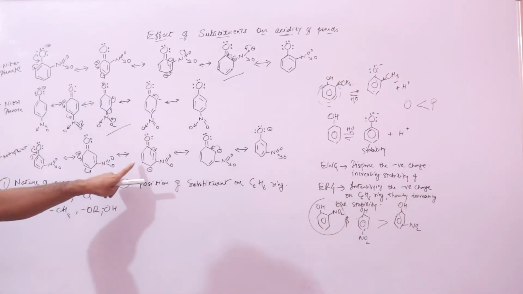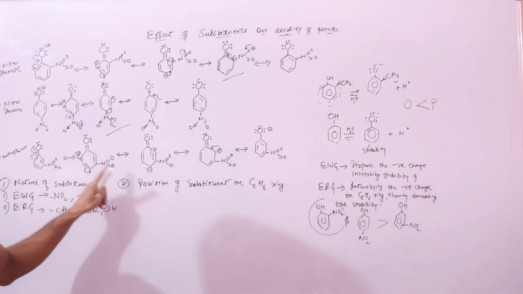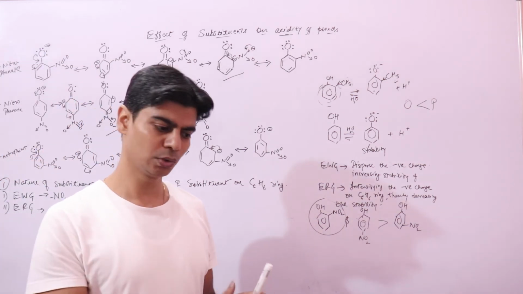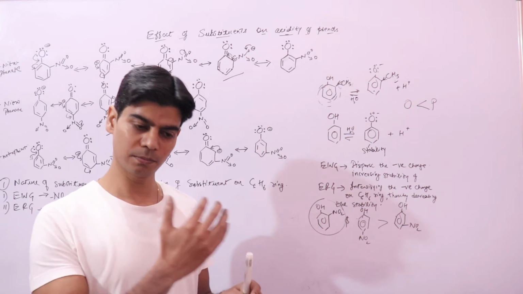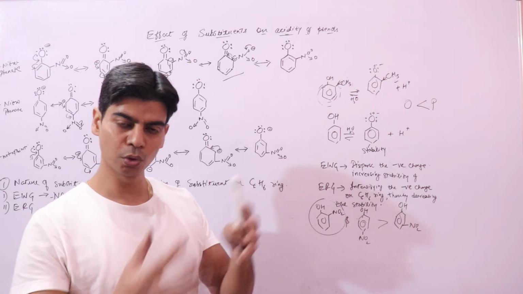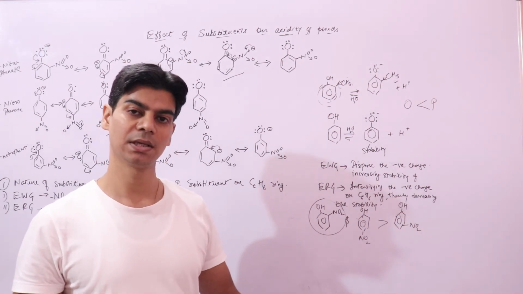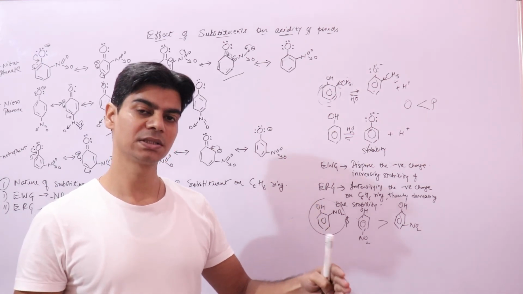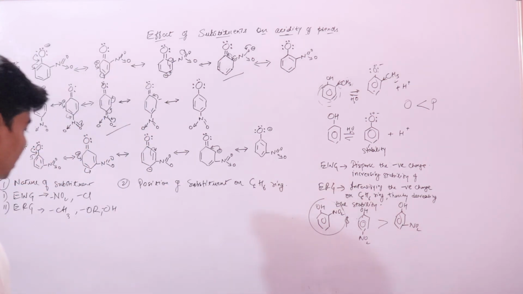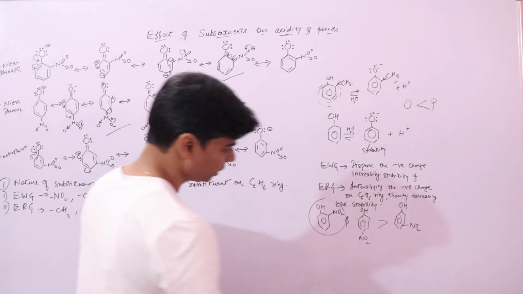Whereas in the case of meta, the electron pair could not enter this nitro group, so its stability effect is less. The electron pair is not able to go to the nitro group, therefore its withdrawing effect is less, and it increases the stability to a lesser extent compared to ortho and para. This is the reason. Now if you compare the acidity between the ortho and para isomers,